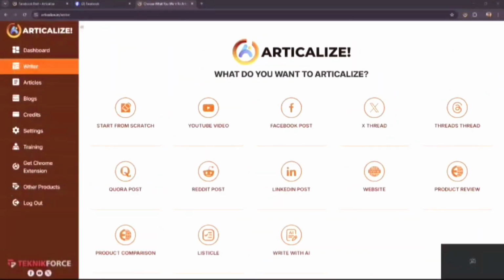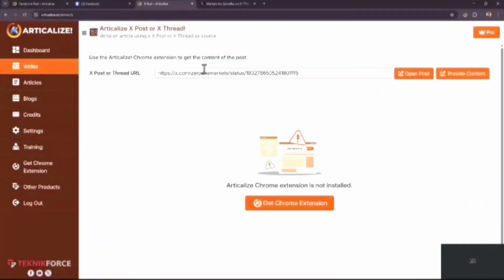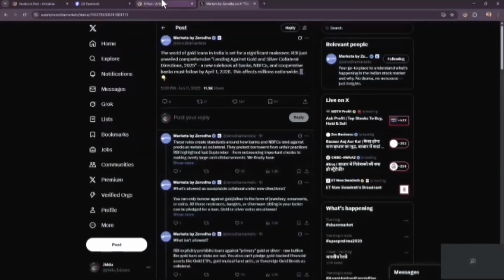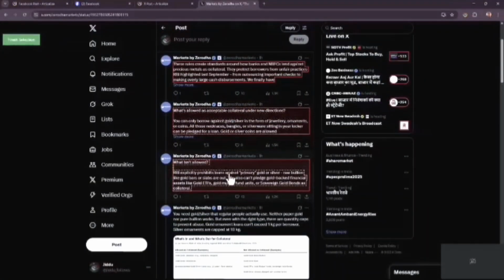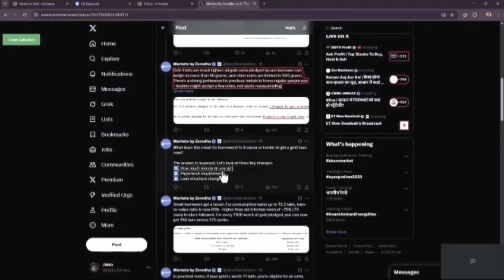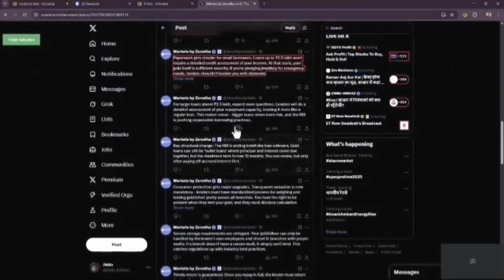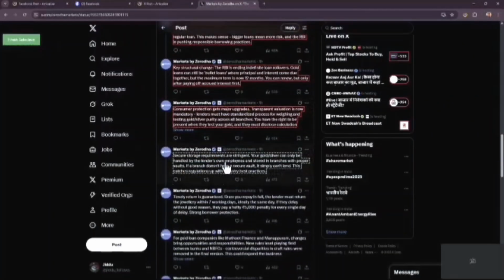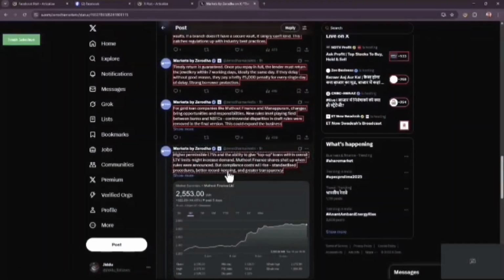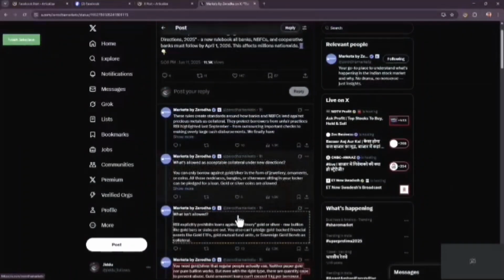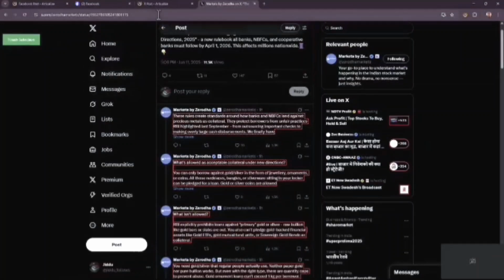You can do the same thing with the next thread. Just put the post URL over here. And this is a great post actually. We've got to just click on the Articalize button and select posts. Then start selection. 1, 2, 3. Select as many parts of the thread as you want, right? So I'll just do that. This is easy. You don't need to apply your brains. You don't need to figure out what's being said and reinterpret it and spend hours to rewrite it. I think I'll just take these many items. It's quite enough. And once you're ready, click on finish selection and proceed to Articalize.